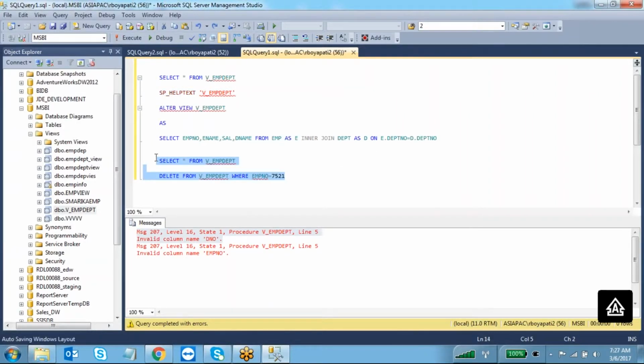Okay. So for example, I am going to create a view. Create a view v underscore emp dept.